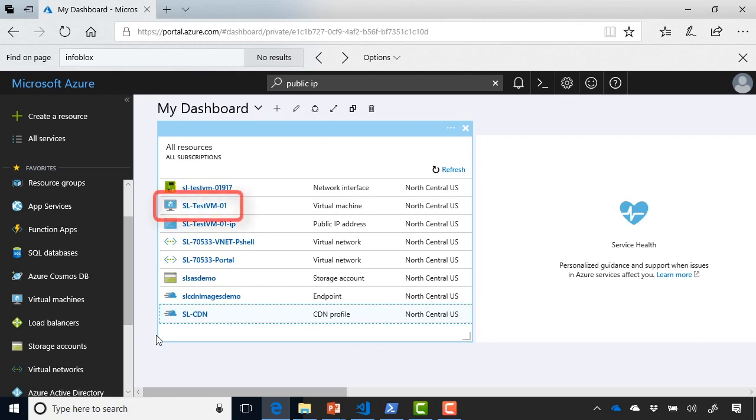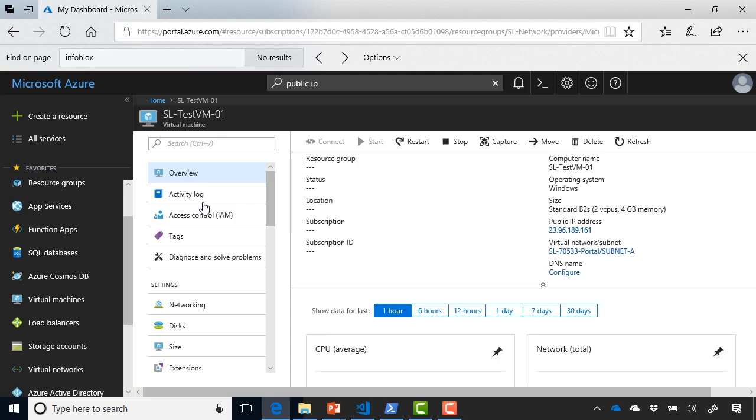So here in the portal I've got a new virtual machine called SL-TestVM01, and when I built this machine I had it create the public IP address at the same time. You can already see it there on the right hand side in the summary screen. If I select Networking,